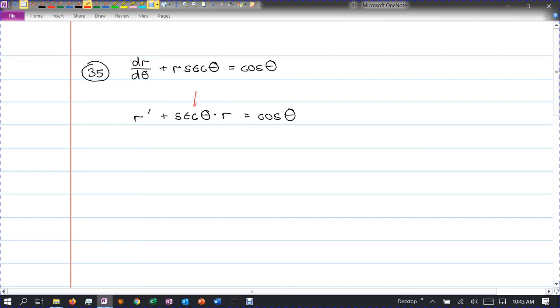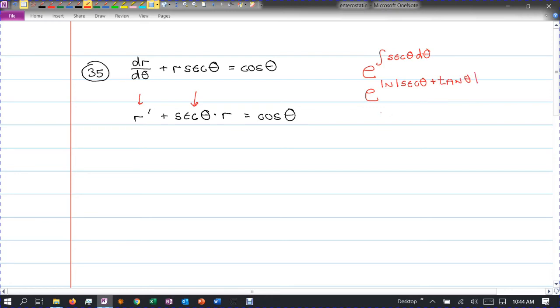This time secant theta is going to be what I use here. Secant theta d theta. I didn't have to divide through by anything because I had r prime by itself. So we need to get the antiderivative of secant theta, which is in our formulas, and it is natural log of secant theta plus tangent theta. So this is going to be natural log of secant theta plus tangent theta,